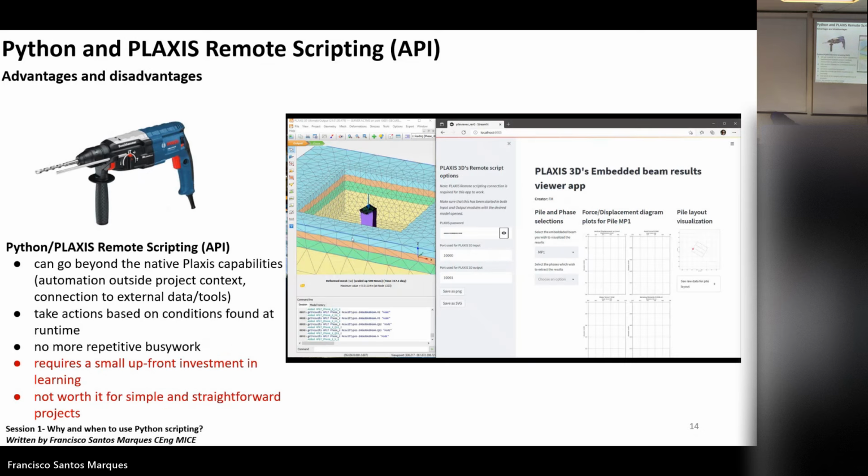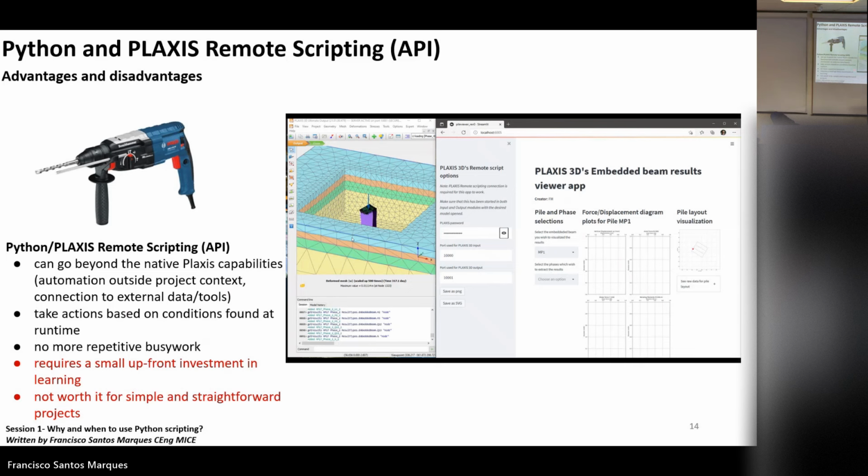Only when you want to extract a lot of results, have them plotted, and saved in Excel so they're ready to be plotted in a report, and you want to do this without doing these things manually, that's when you start to do scripting, okay?